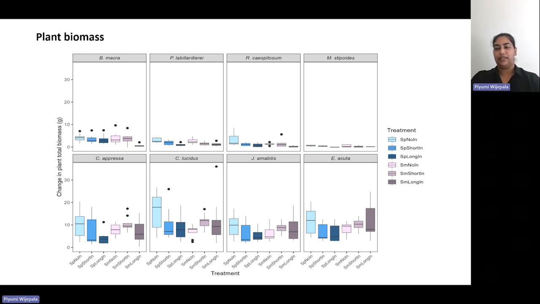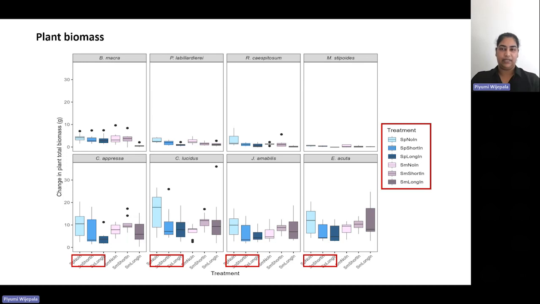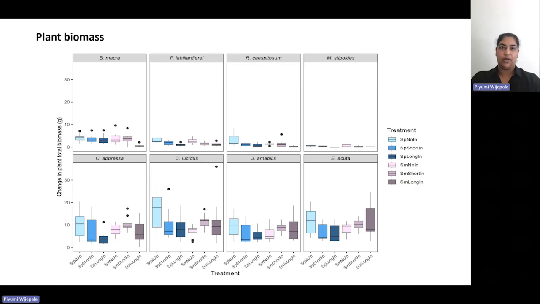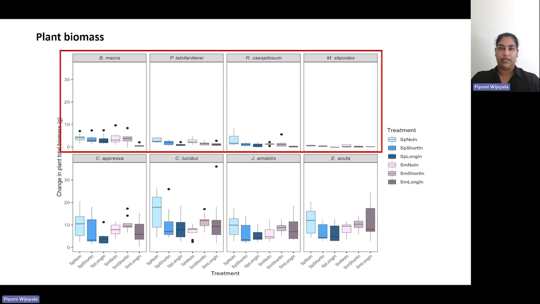As I explained earlier, we had 6 treatments across 2 seasons, spring and summer. The blue color represents the spring treatment. The higher the intensity, the higher the duration. The pink color represents the summer inundation. Again, higher intensity means higher duration. So let's look at the data. The upper row represents the native grass species. So here what we can see is